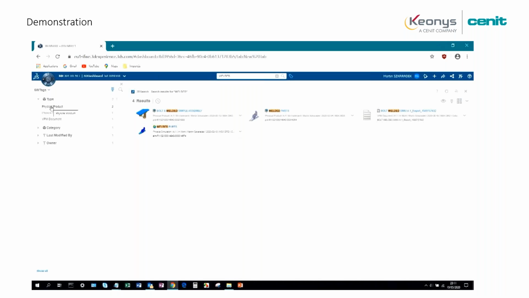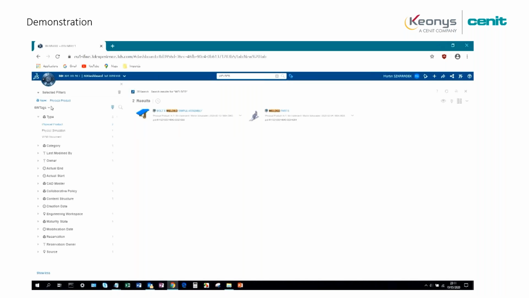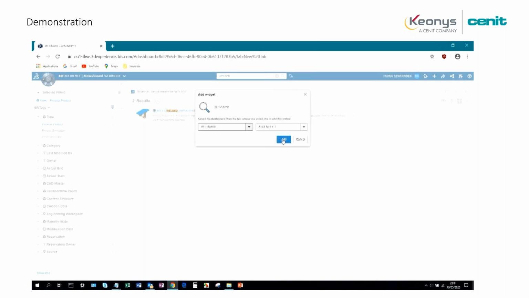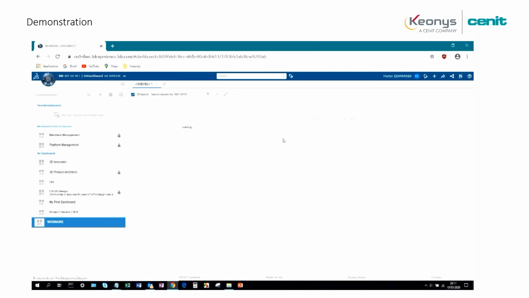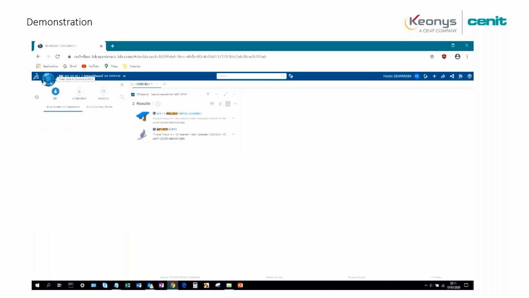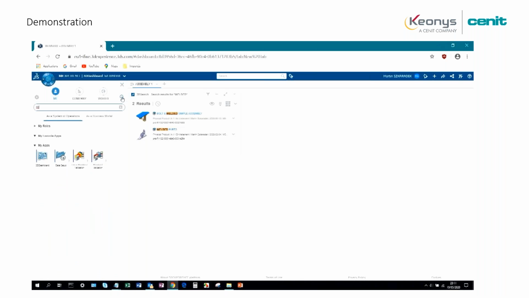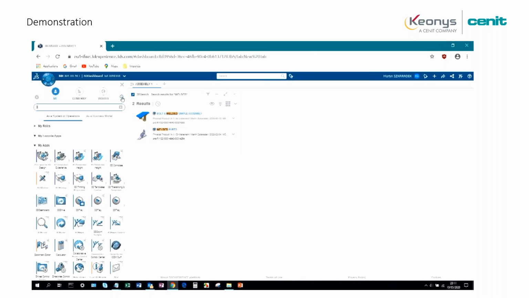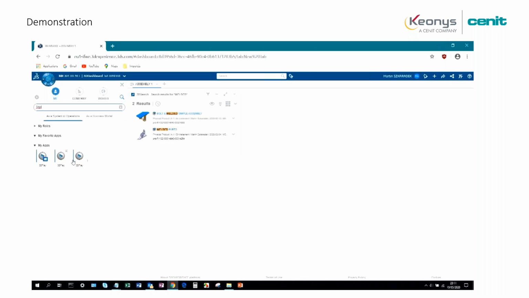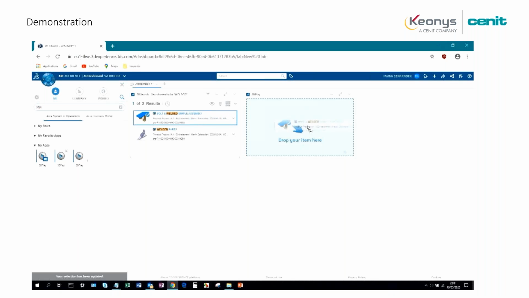That's what we will do here, in order to be sure that it is the geometry you want to select for the simulation, for example. So here we are seeking for the good part. There is a search that you can do, and then we'll open the part in a viewer in order to check the part. Here we will not do any modification on the part, it's just for visualization.